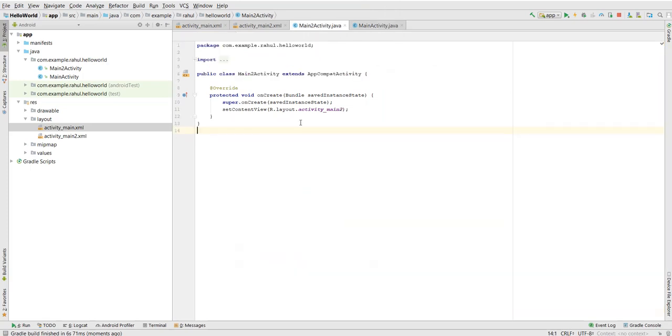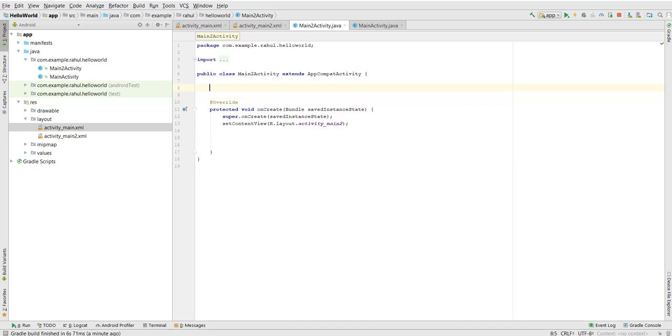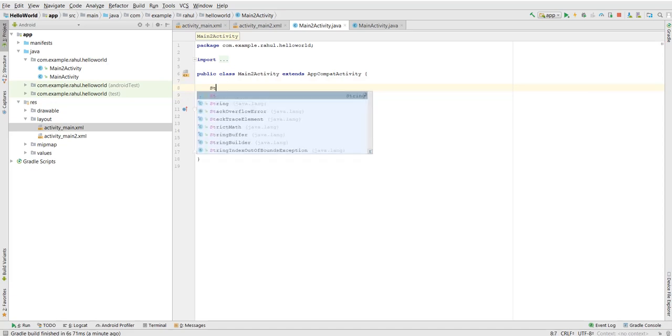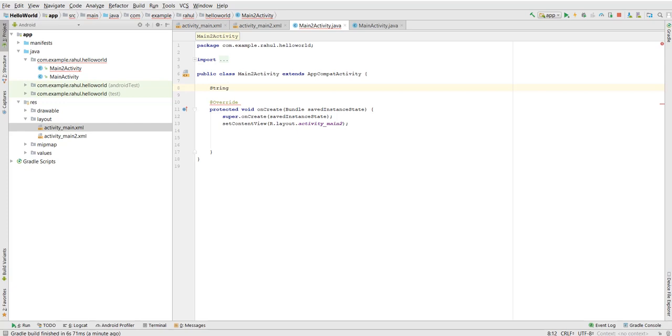Now in main activity 2, I'll do the same thing, that is creating the string object. So string, let's say bank names. So I'll mention some bank names, 4, 5, 6, 7. Okay, so I have mentioned 7: